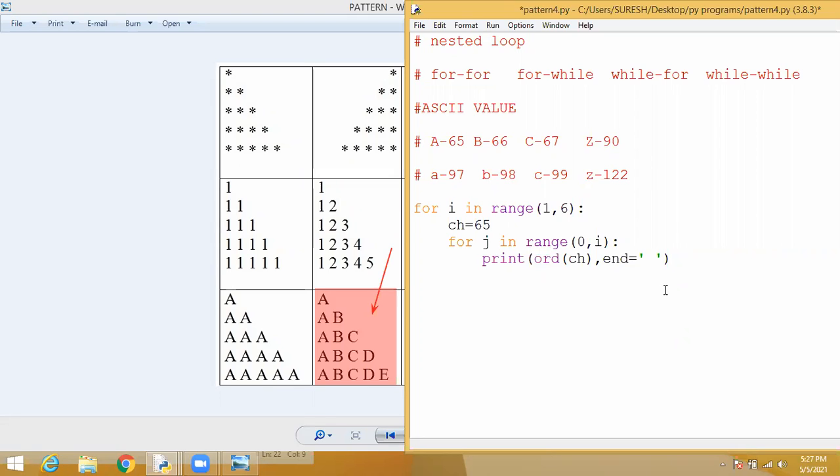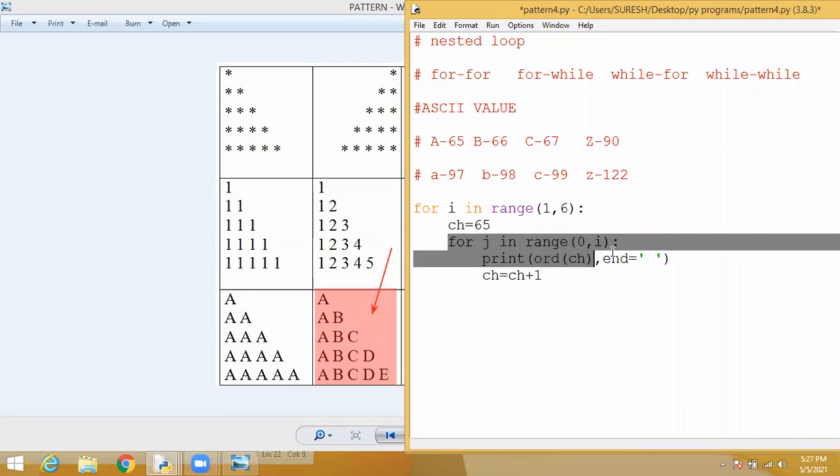Then after ending every loop, we are going to increment one value. Every time the inner loop is going to increment the value of ch plus 1, because anyway the outer loop will set the value ch equal to 65.